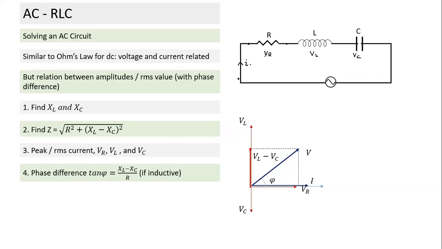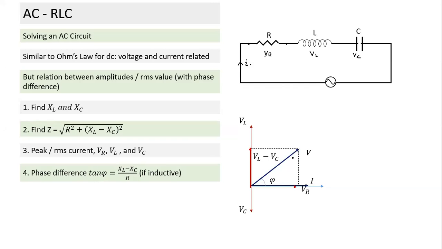This is the voltage and the current going in the circuit. That's a phase difference in terms of phasor. And the circuit here could be inductive or capacitive. In this case I have taken the circuit to be inductive. It depends on the relative value of XL and XC. If inductive reactance is greater than capacitive reactance, it is an inductive circuit. The other way around becomes a capacitive circuit.